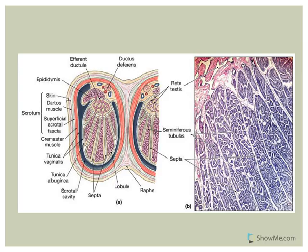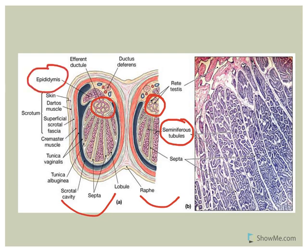Now, if we look at the testes in section, you'll see here's the one testes, here's the other. You'll notice that it's divided into lobules, which contain all these coiled, convoluted tubules called the seminiferous tubules. So these seminiferous tubules are the location of where the sperm will be produced. Now these tubules will unite into what we refer to as the rete testis, which is here. And then eventually it's going to travel and empty into the epididymis, which we'll talk about a little bit later,